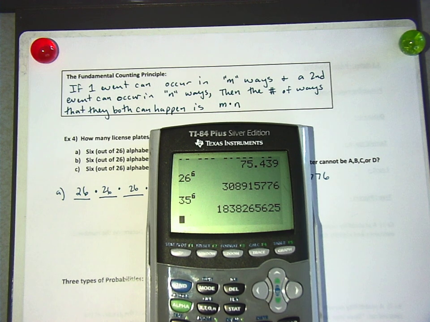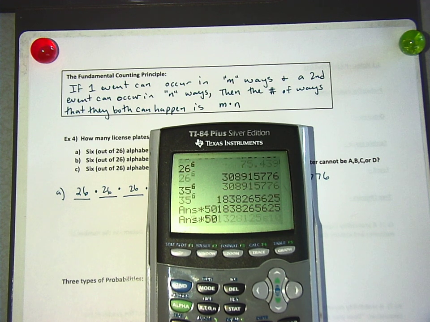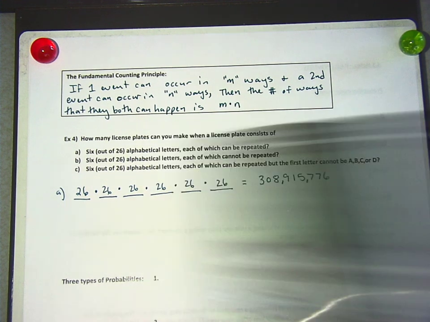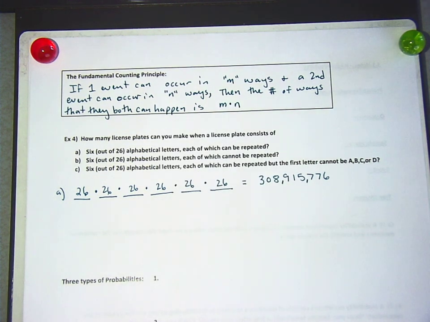But here's the thing. Could somebody in California have the same license plate as a person in Minnesota? Yes. So if we just multiply this by 50, because there are 50 states that you could live in. Okay. So yeah, we're gonna be fine with license plates. Also, not every person has a car, especially those babies out there that are counted in the 330 million. And yeah, some people have 2 cars, but I think we're gonna be good there.